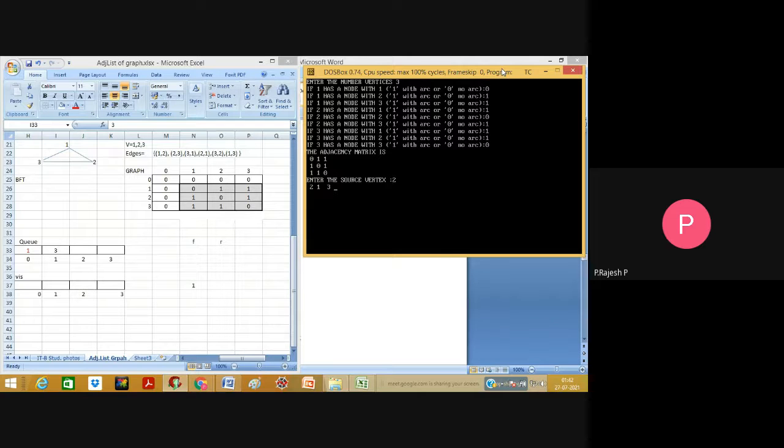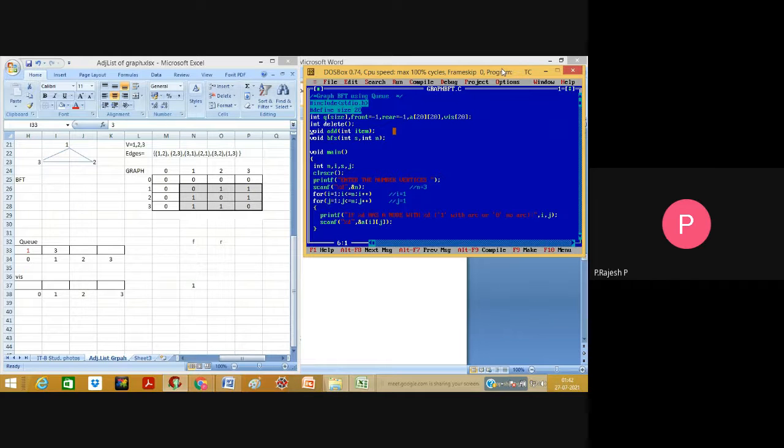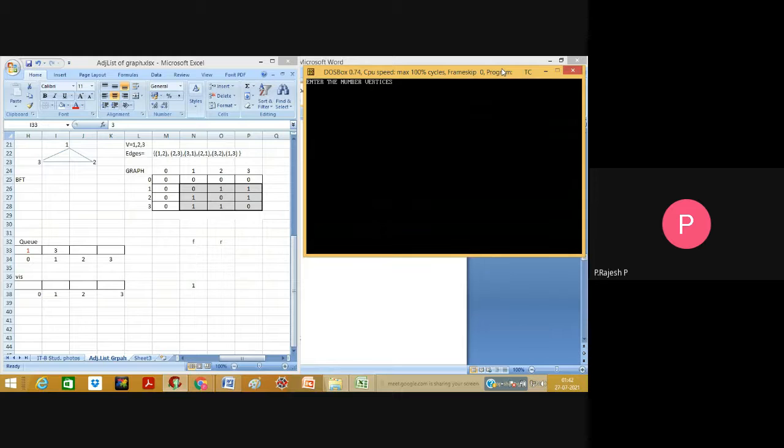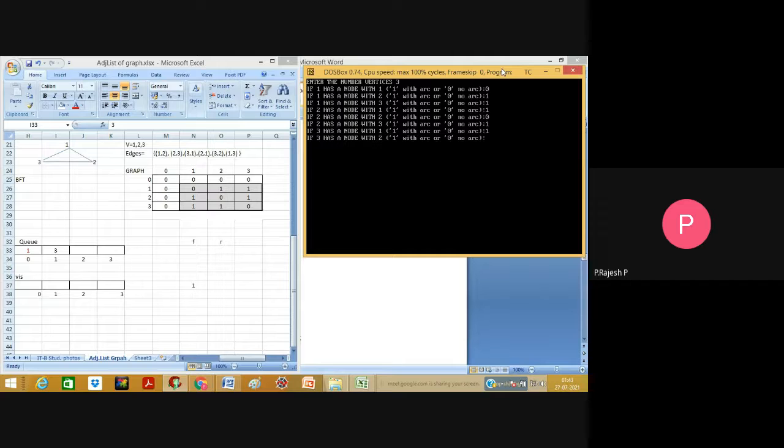So 2, 1, 3 is the value it was showing me right now. Okay, and one more time, I'm going to execute this one and check it out. The total number of nodes is 3, and for the same adjacency matrix I'm going to take 1 1 0 and 1 2 1, 1 2 3 1, 2 2 1 1, 2 2 2 0, and 2 2 3 1, 3 2 1 1, and 3 2 2 1, 3 2 3 0.